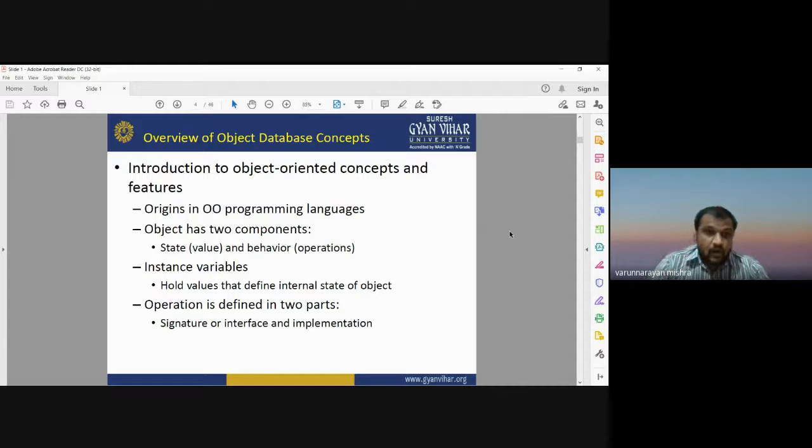Object oriented, OO in short, has two components. First we need to know the value of that object, the state of that object, and then we apply different operations, different processes and methodology to organize the data set.